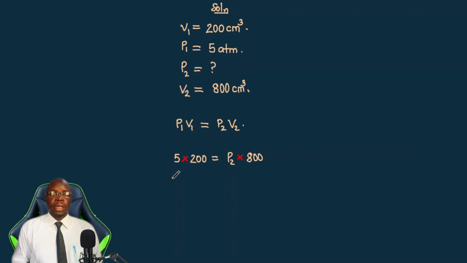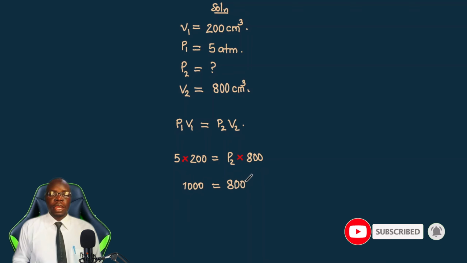So if we multiply 5 times 200, we get 1000. This gives us, always a letter comes after a number, so P2 times 800, so we have